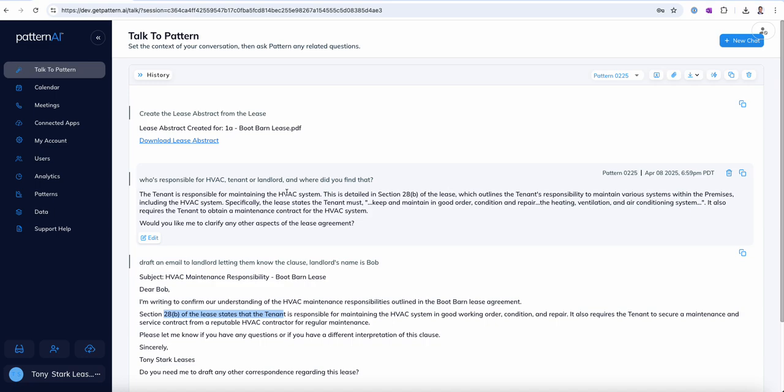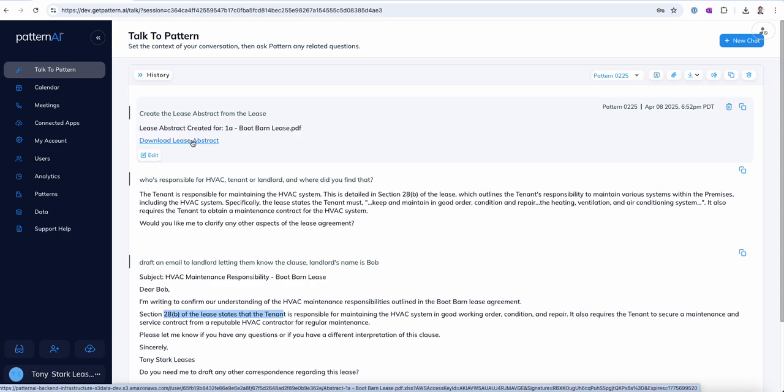It can generate, in fact, any documents, because if you can automatically upload a lease and generate an abstract, you can generate any other document in your real estate portfolio for any properties you have, and it can include scanned documents and so on. You can go from a Word doc and PDF to an Excel. You can take an Excel document, generate a Word document just the same. So Pattern is very, very intelligent, and it is able to generate your documents for you automatically, and not ChatGPT